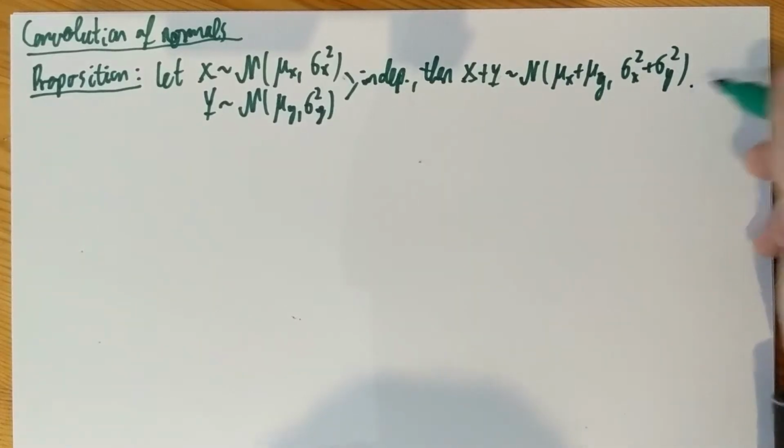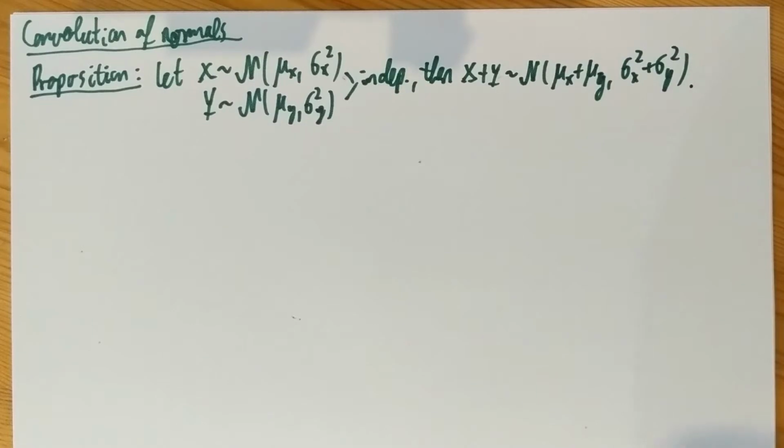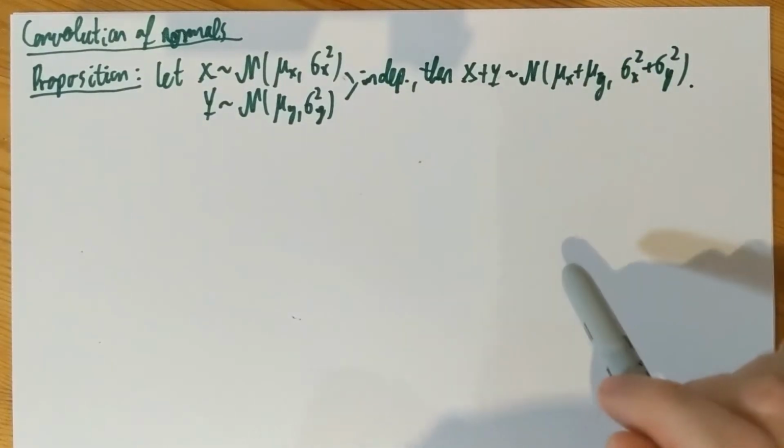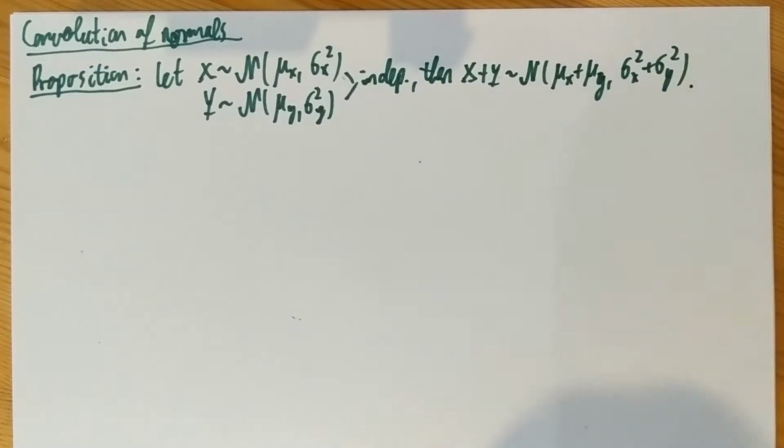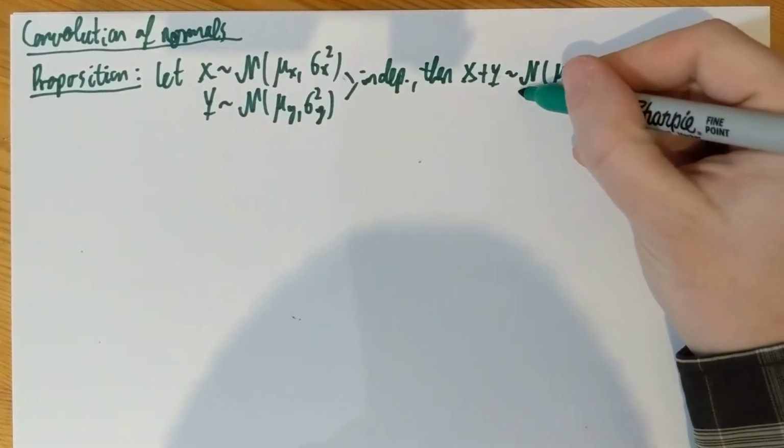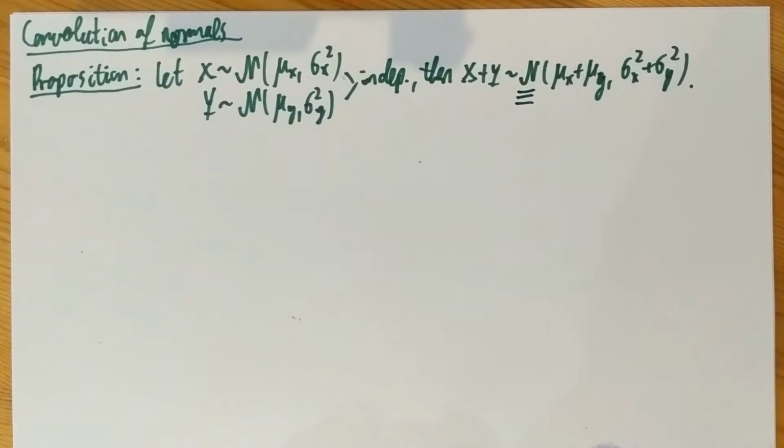Okay, that the expectation of the sum is the sum of the expectations, that's not a big deal. That the variance of the sum is the sum of the variances is not a big deal again, by independence. What is the interesting content of this statement is that we still get normal. That's the non-trivial part. Okay, let's prove this,